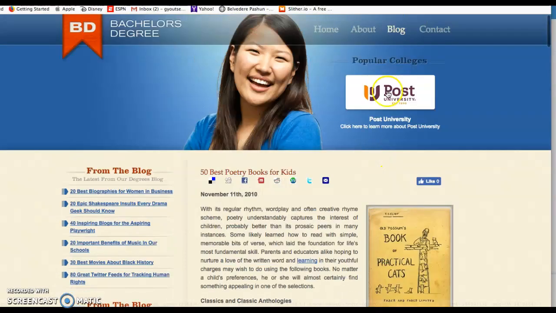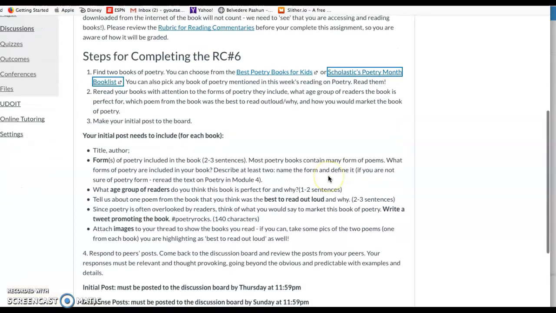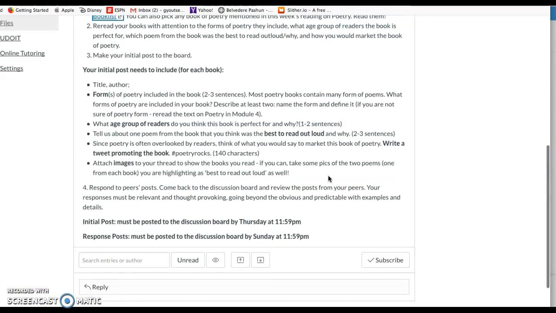So here is this one, 50 Best Poetry Books for Kids. And then go ahead and click on the other link and it will show you the books that are available there. Again, you can do a search at the library. You could also do a search on your own for your favorite poetry books, but I just like to provide these links to help steer you in the right direction.